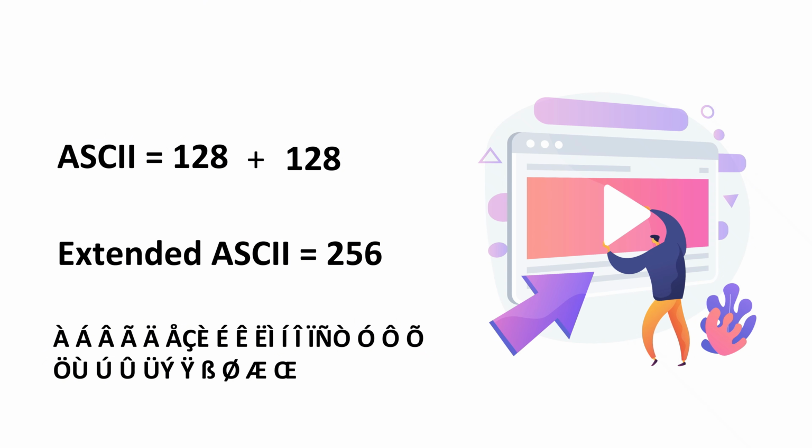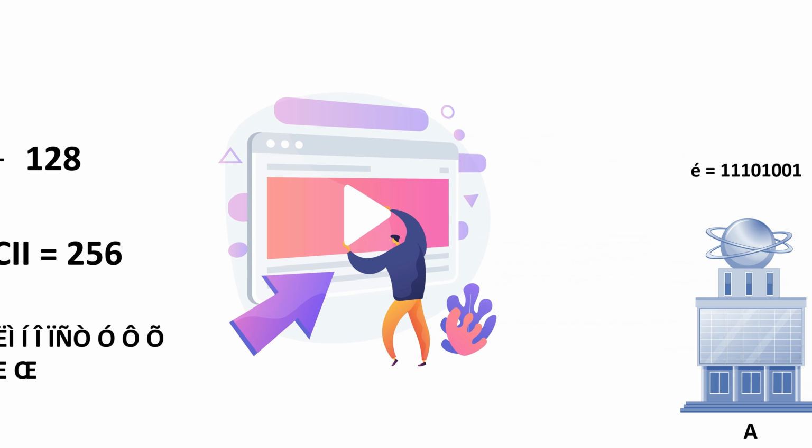But little did we know that each computer manufacturer could customize the extended ASCII to their own encoding system. What I mean by customization is they could only customize values from 129 to 256. They couldn't customize the ASCII part, which was from 0 to 127. For example, company A might have assigned a value to a letter in their computers, while in another company, that same value was given to a different letter or symbol.